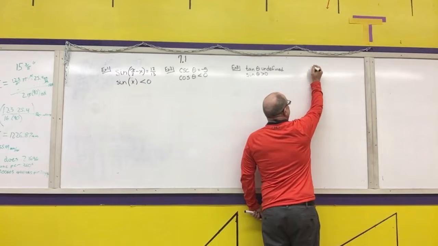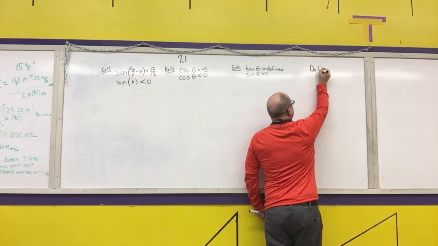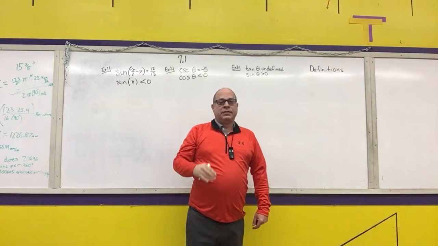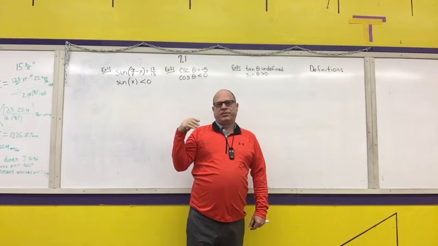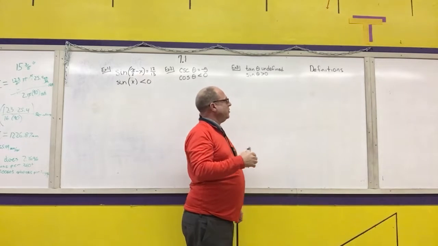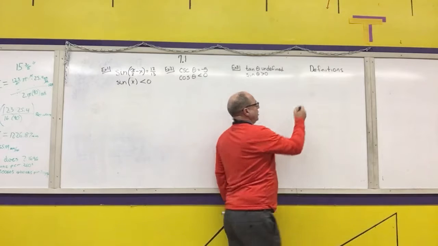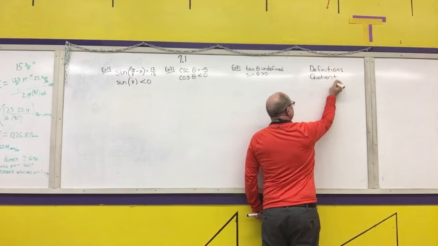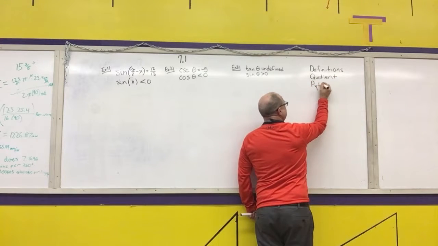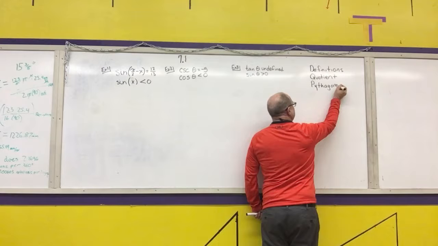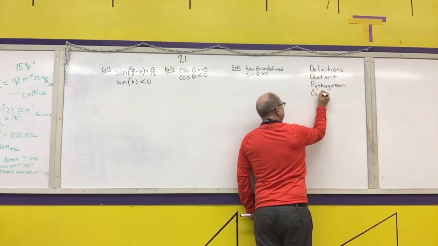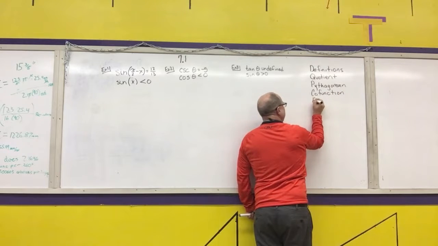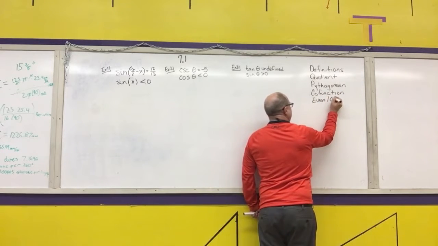And those identities are going to be the definitions. For example, opposite over adjacent. If it's unit circle, it would be y for sine. We're going to use our quotient identities, our Pythagorean identities, our cofunction identities, and the even/odd